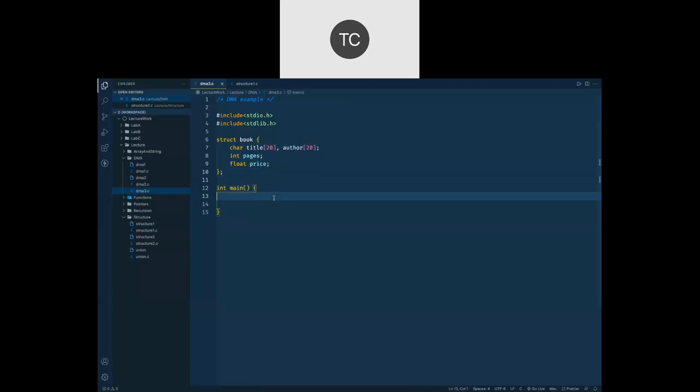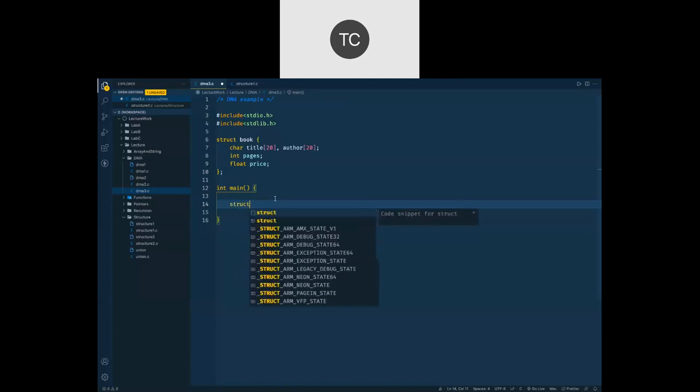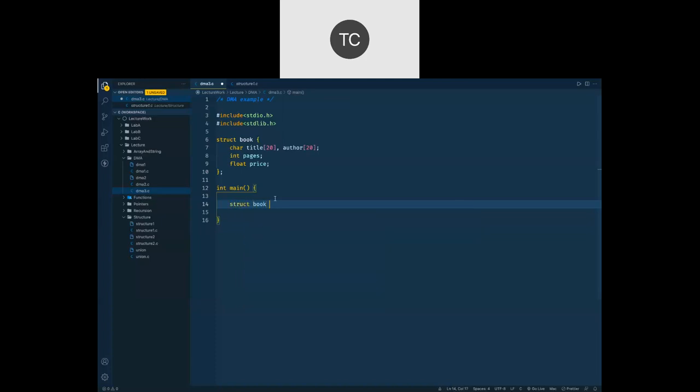What I want is to have a structure variable here using struct book and let's say B, and done.